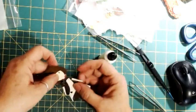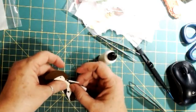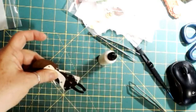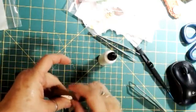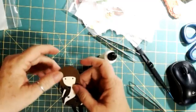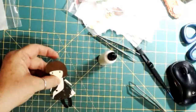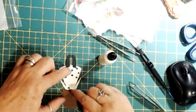And I'm going to glue that on there and hold that for a minute. Well, let me tell you, this is way easier than I thought it was going to be. So I think you'll all enjoy these a little bit. They're pretty fun. Now, she does not seem to want to adhere there, so I'm just going to kind of